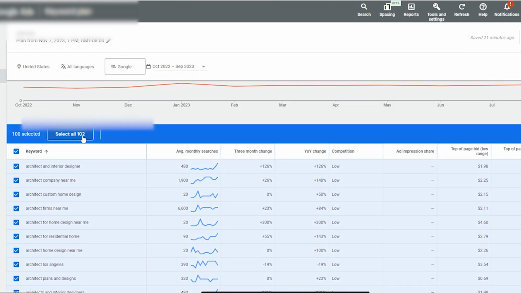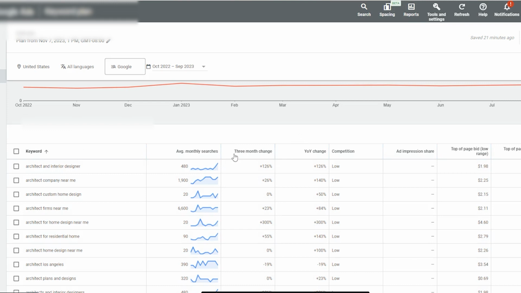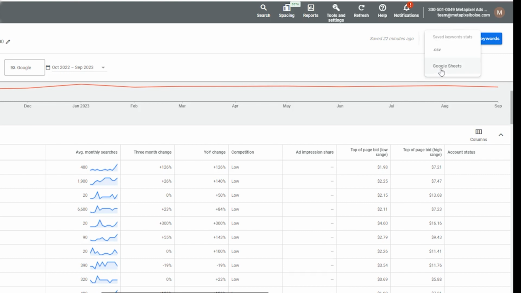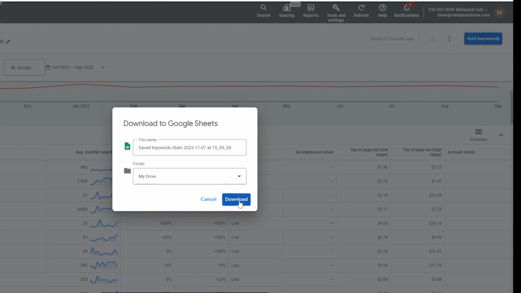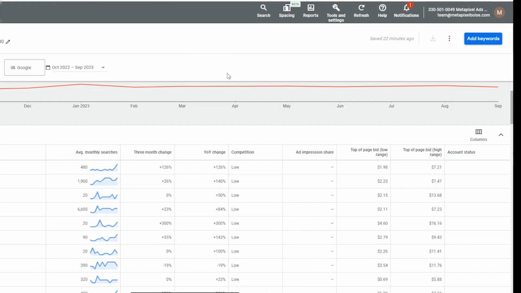In this case, I have 102, right? So I typically try to aim for at least 100 keywords, if not more, but it all depends on your business and your goals, right? So then you can just export it. You can export into a Google Sheet or CSV, however you want to do it. I like to do Google Sheets because it just automatically opens up a sheet for me